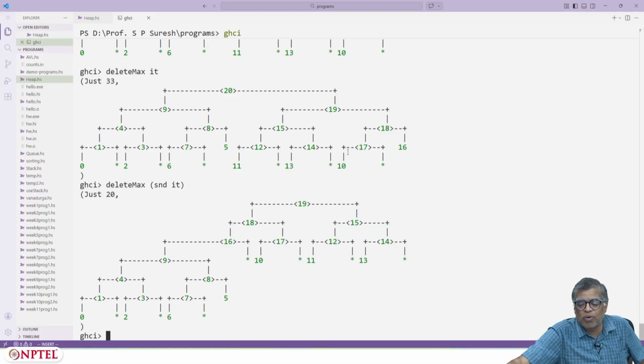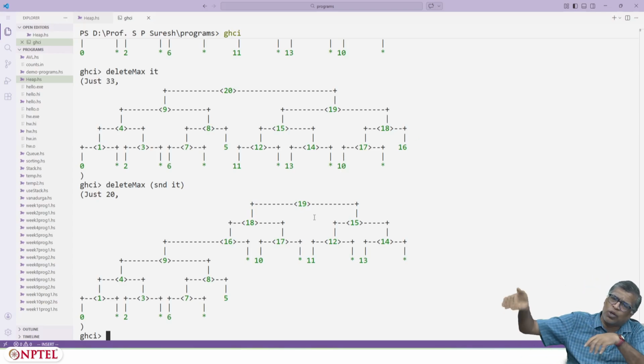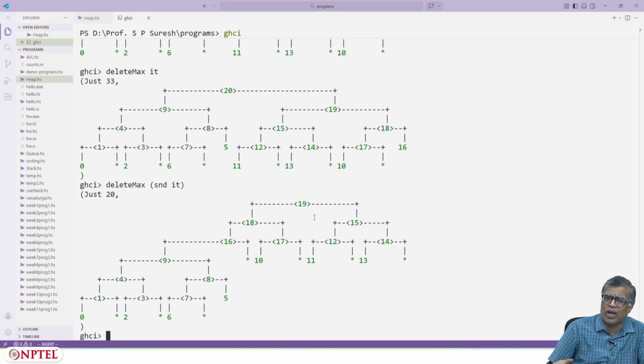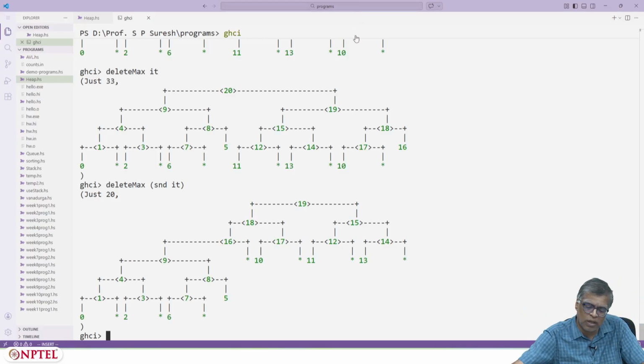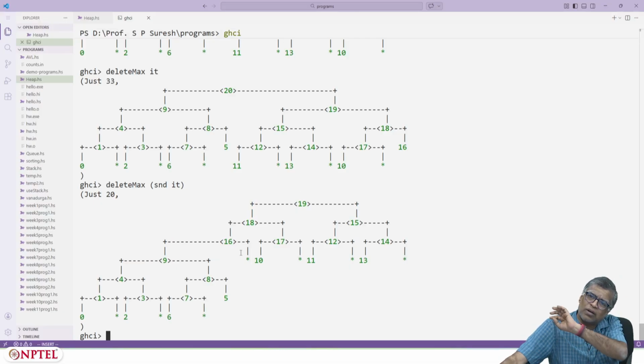Okay, so you are trying to merge. What you are doing is that you have 19 here. Its left subtree is 15, 12, 11, 14, whatever, this thing. Notice that that has just gone to the right here without being disturbed. What you are doing is trying to do a union of this tree 9, 4, 8 with this tree which has 18, 17, 16, 10. After you have done the union along the right spine, you will keep doing a series of realigns, which is why it has happened like this. So if you try to do some other union, you will go along the right spine, but you will do a realign which will switch these elements around.